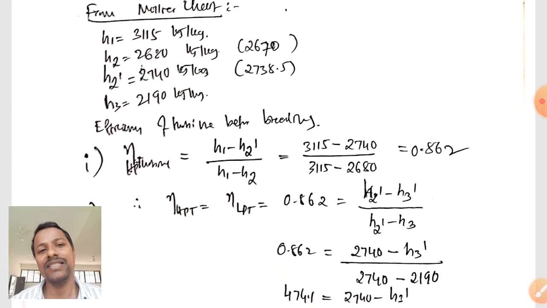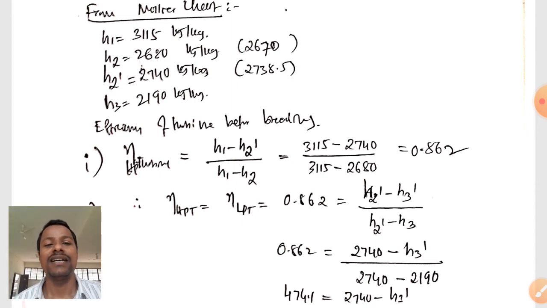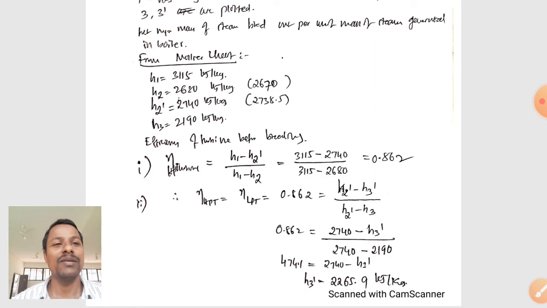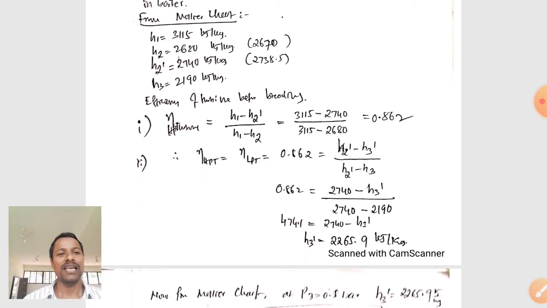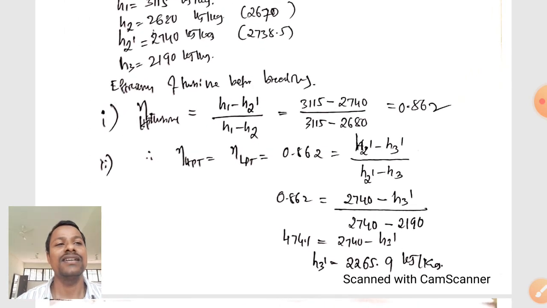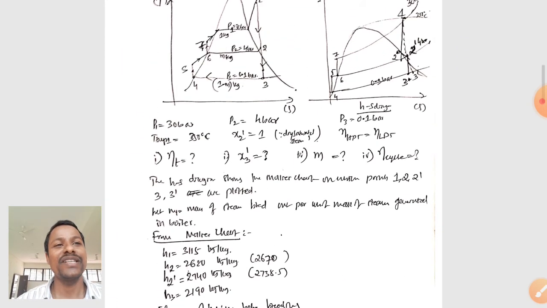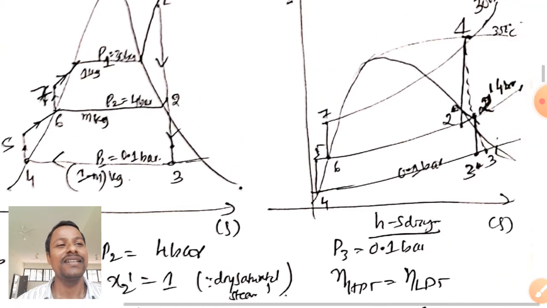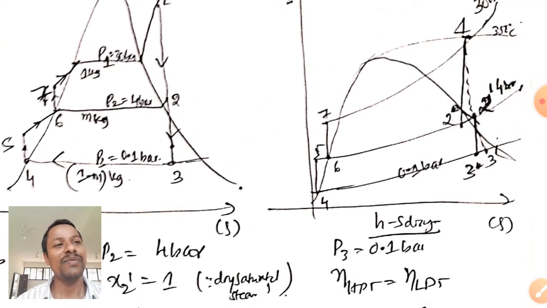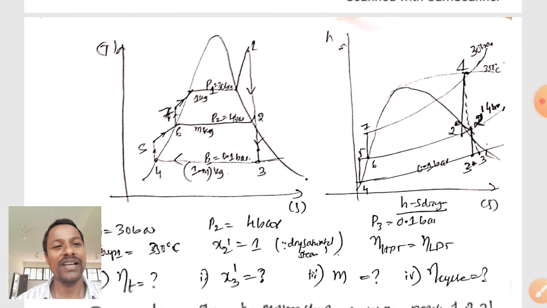Minor variations while reading the Mollier chart, like 5 to 7 or 5 to 10 kilojoule per kg, are considered human errors and they are acceptable. Now here the efficiency will solve the problem. First, let us calculate S3 dash also for our cycle analysis, for calculating the turbine efficiency. We know that the turbine efficiency formula is given by the smaller enthalpy drop, that is H1 minus H2 dash, divided by H1 minus H2.